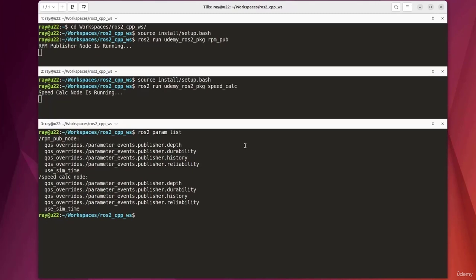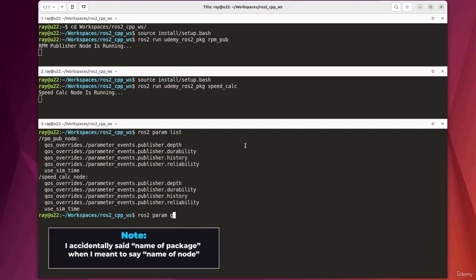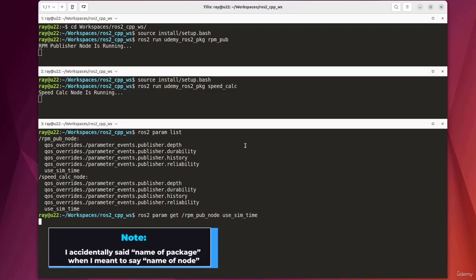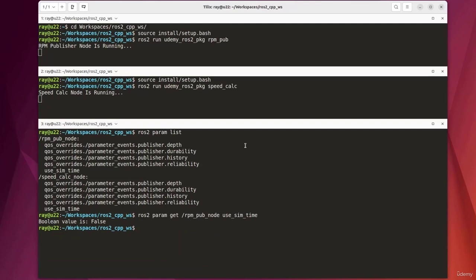We can see the value of parameters by using the ROS2 param get command. This command takes in the name of the node and the parameter we are interested in. In this case, I will get the parameter from the RPM pub node and specify the use_sim_time parameter. We can see this parameter is set to false by default, which means it uses the time on our computer. You could set it to true if you wanted it to use the time being generated by a simulation you